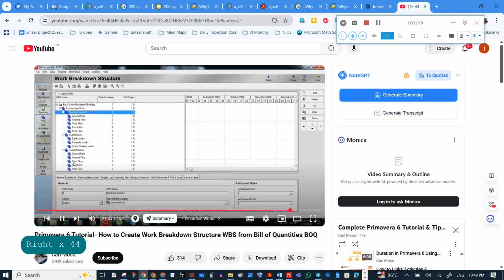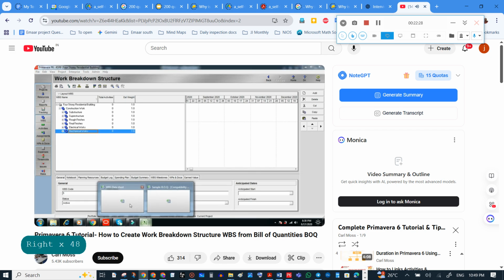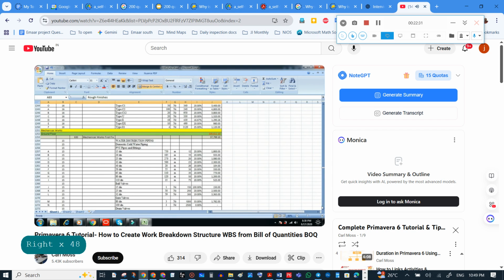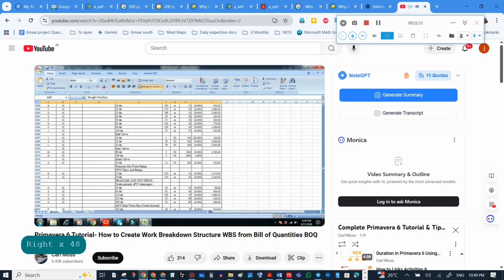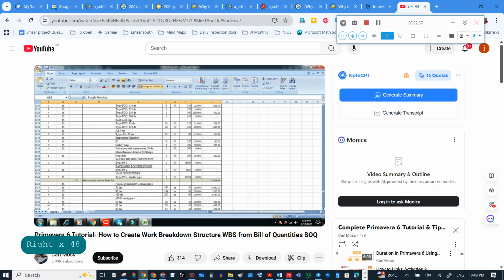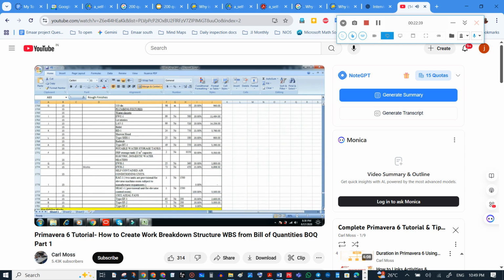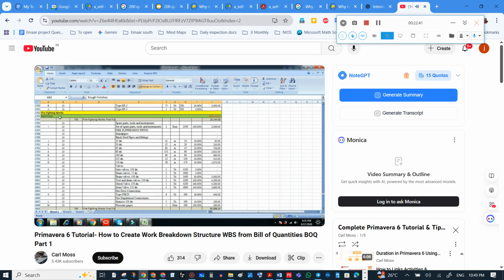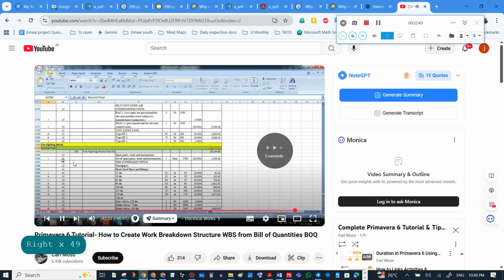Then change this to mechanical work and move it down after electrical work. The next level after mechanical work is pipe, ground floor to roof floor. There.